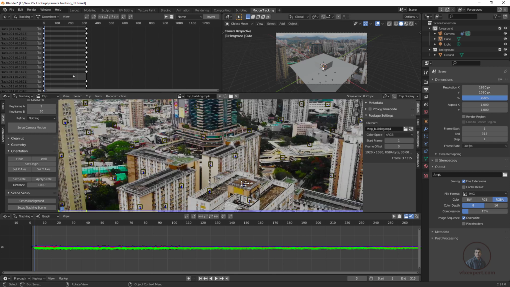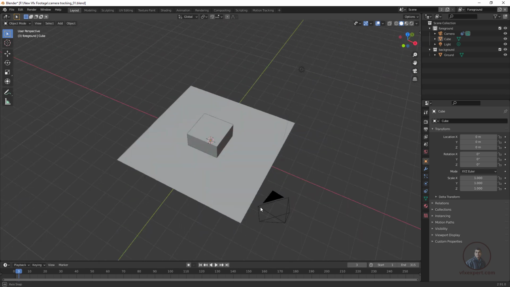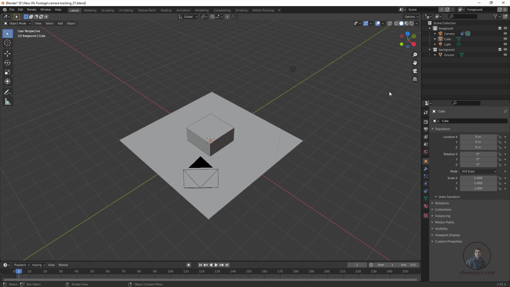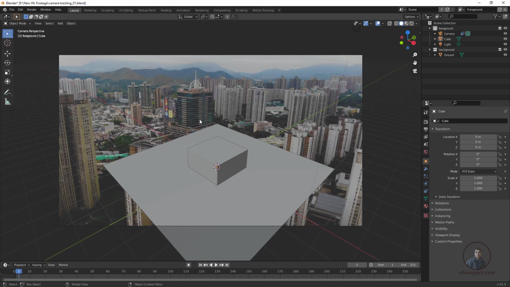Now you can see here, after this just simply click on layout mode here. Now you are inside our 3D view here. So with the middle mouse button you can orbit like this. Then if you want to go to your camera view, just simply click here on camera, or use the shortcut Numpad 0. Now I am inside our camera view here.